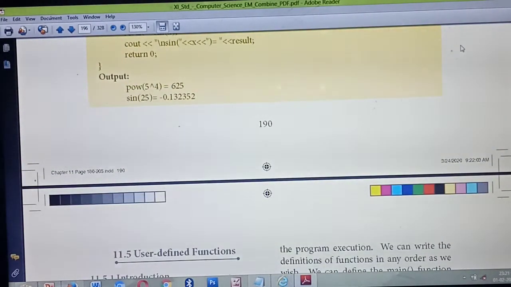Tomorrow we can continue. So up to this, the built-in functions are over. What are the built-in functions you have studied? iostream, stdio.h, then ctype.h, string.h, as well as today you have studied math.h. These and all are very important things, as well as basic things you should study thoroughly. Okay, the remaining user defined functions you can continue in the next class.